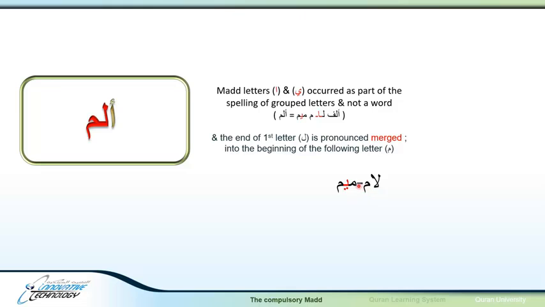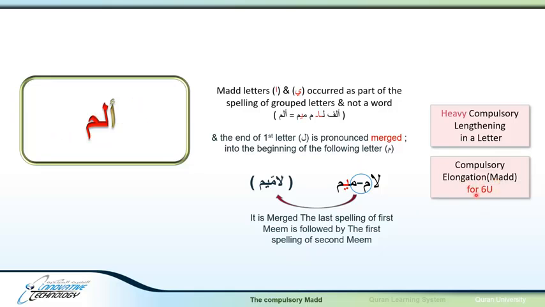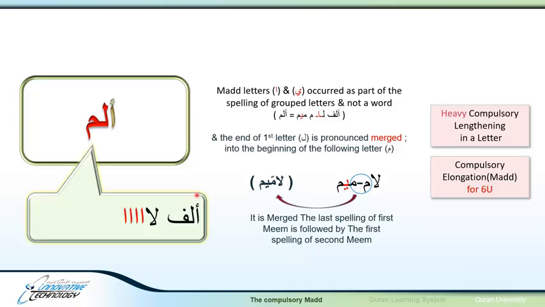Mim sakina with a mim mushaddada, it becomes lam mim. We merge the last spelled letter of the lam with the first spelled letter of the mim, becoming lam mim. So because of the merging, we call it heavy. A heavy compulsory lengthening in a letter, because all those are letters, and it is to be elongated, to have a mad for 6 units, and we say alif lam